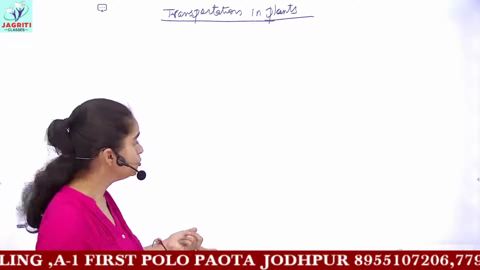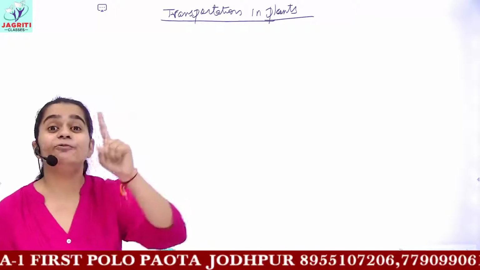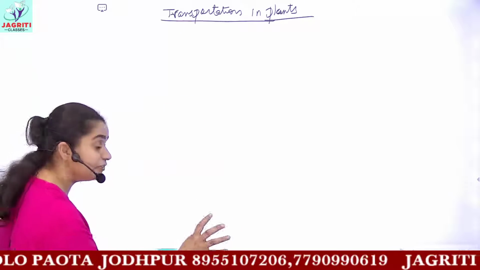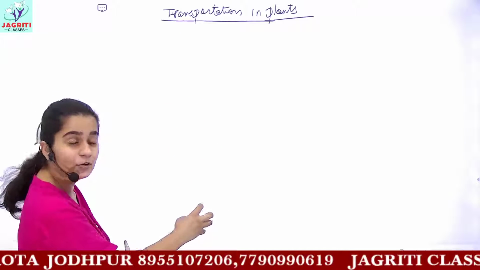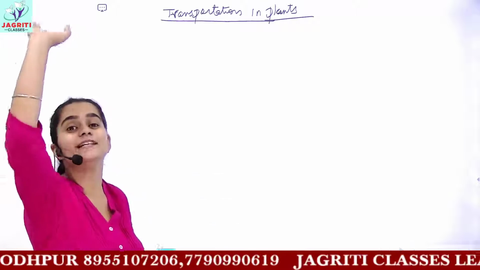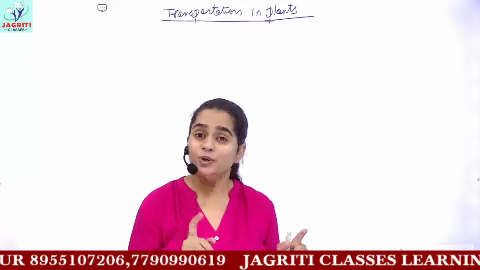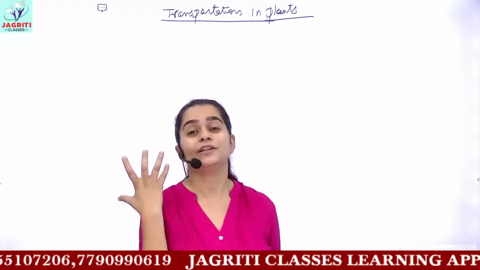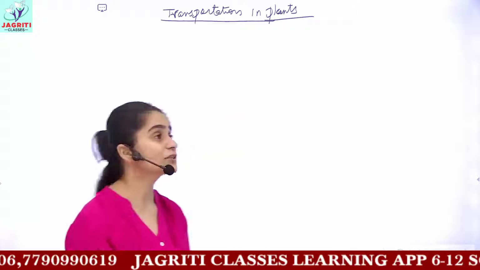So how to transport water? Here diffusion alone cannot do so. That is, diffusion cannot transfer the water absorbed by the roots to the higher or the tallest part of the plant. So we require another process, and for this we have a tissue which is called xylem.